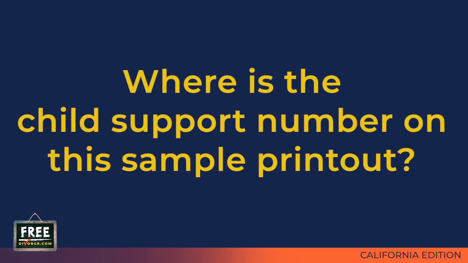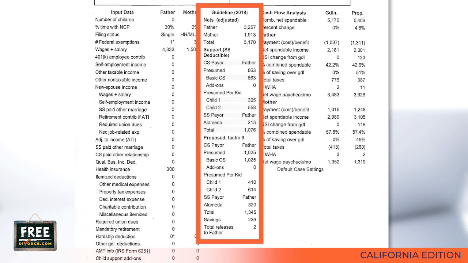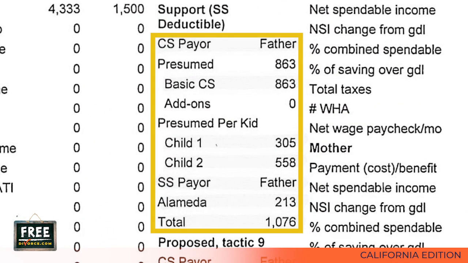Where is the child support number on this sample printout? The base child support numbers, which again are called guideline child support numbers, appear in the center of the printout. We have highlighted the child support and the spousal support numbers in yellow. The line that reads CS payor father tells you that father is the parent paying the child support. Basic CS in the amount of $863 is the base or guideline child support amount per month that father would